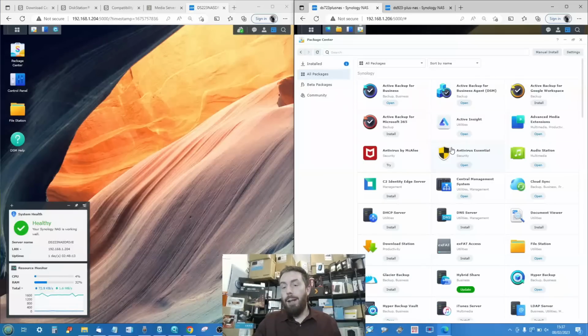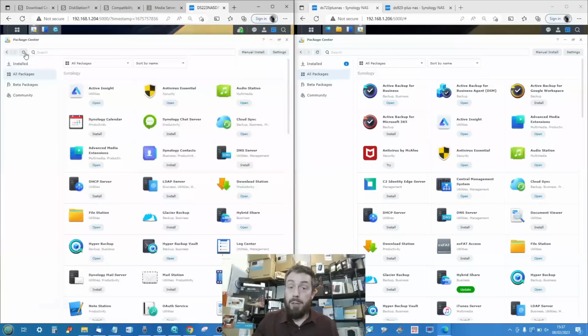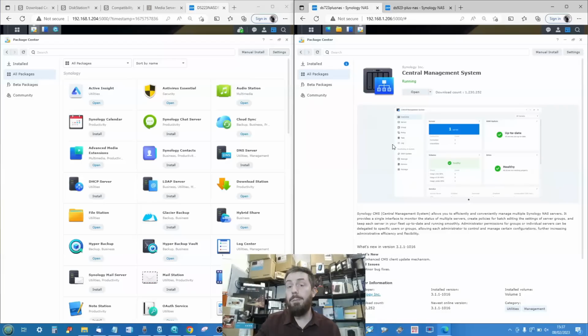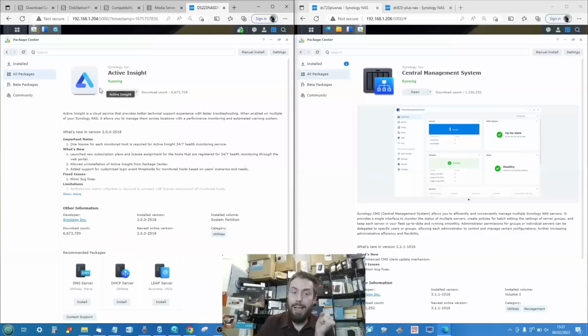Now, other applications that are worth touching on that are absent on an ARM-based NAS system are a little bit more business, but are still worthy of comment. For example, the Central Management System tool allows you to overview and check a series of different Synology NAS systems from a single portal access point. Now, I know a number of you might be thinking, wait, isn't that Active Insight? Active Insight is a few rungs higher up the ladder, and in most cases, if you're installing Active Insight on an ARM-based NAS, you're doing so because it is being monitored from afar,